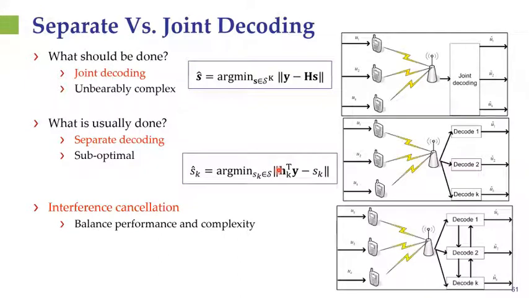There is another approach which combines separate and joint decoding, and this is the family of interference cancellation methods. Interference cancellation methods decode the symbol of each user separately. However, in each such decoding, previous decoding of the remaining symbols, namely the interference, is used to facilitate the recovery. By doing so, operating in such an iterative fashion, one can obtain some balance between performance, approaching the performance of joint decoding, and complexity, namely maintaining a complexity which only grows linearly with the number of transmitters, like in separate decoding.